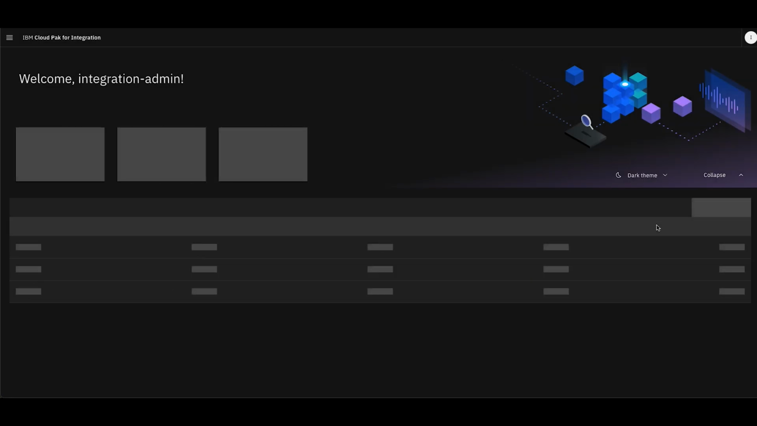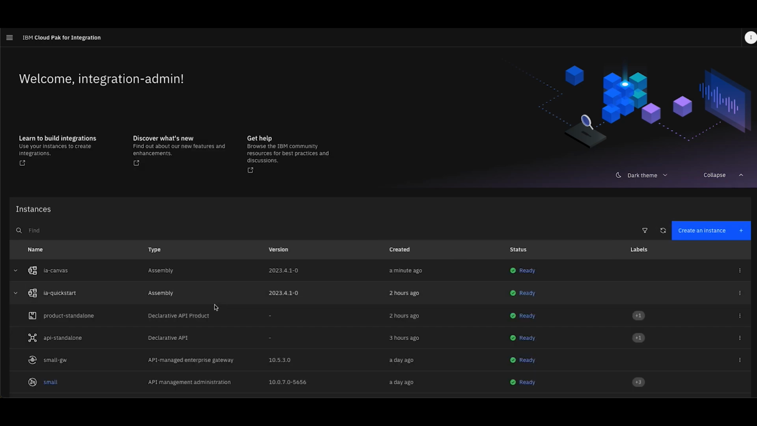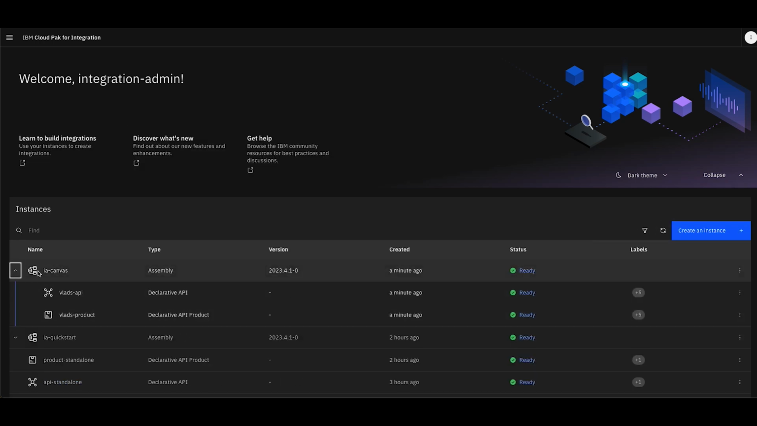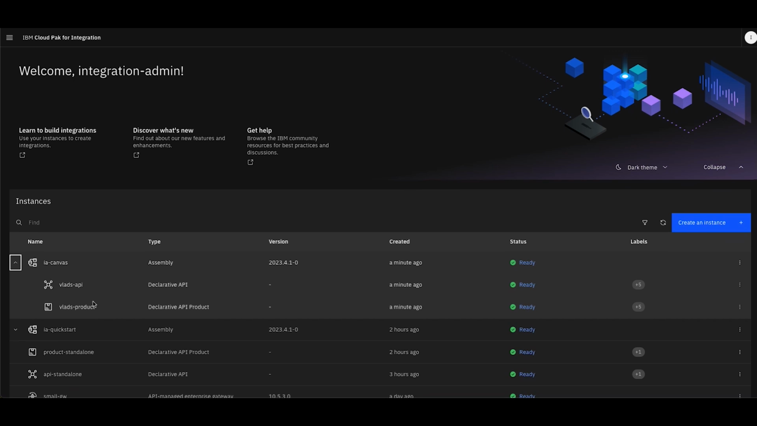I'm just going to refresh this page. And here we have it. The integration assembly has been successfully provisioned. I have here the Vlad's API, which I deployed with you during this demo live, and then I have the Vlad's product. So what happens here is that I have a top level parent that I'm going to just go